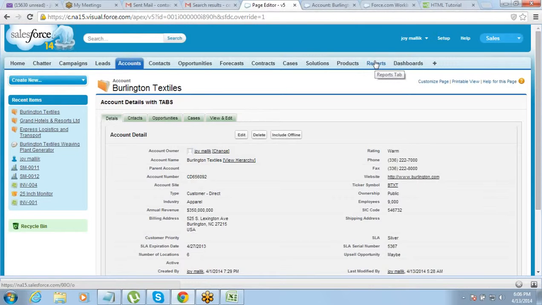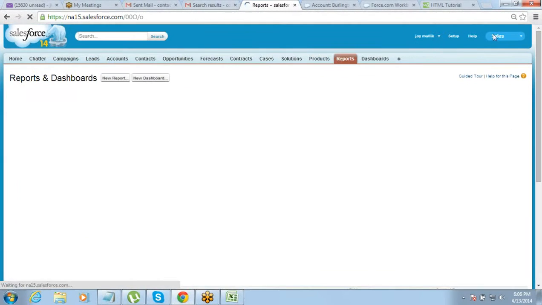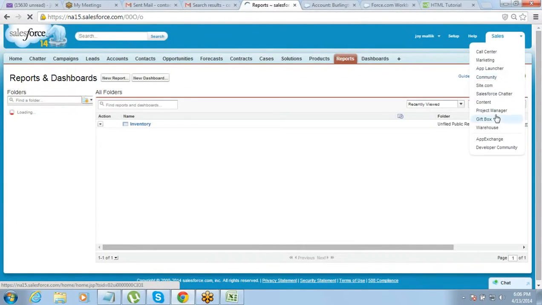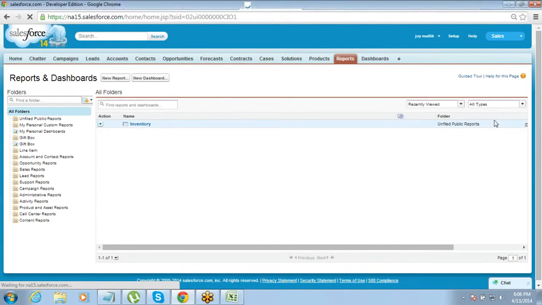No, what I'm saying is, if you go to the app navigation, select the gift box application. Are you talking about the related lists?